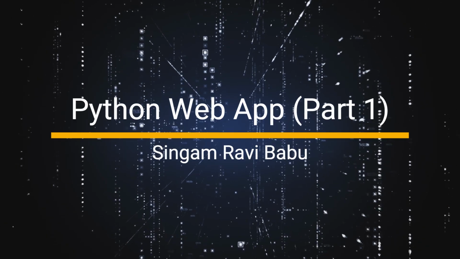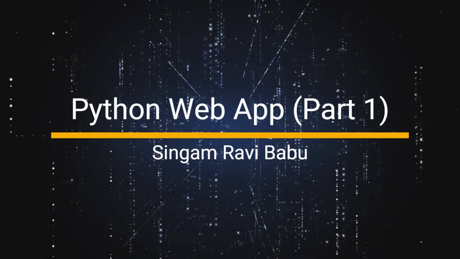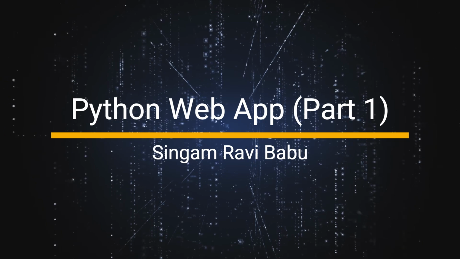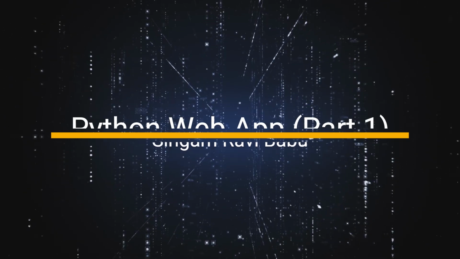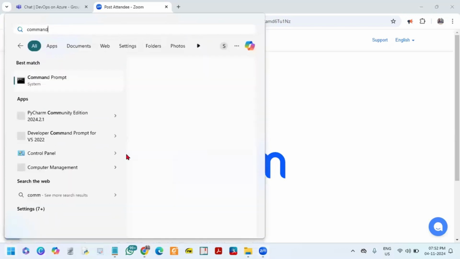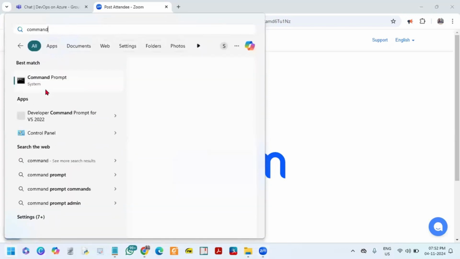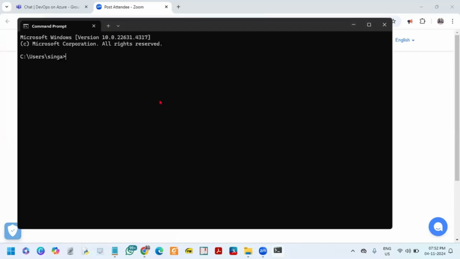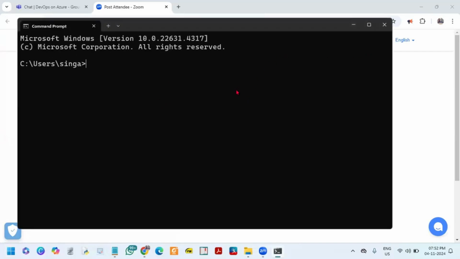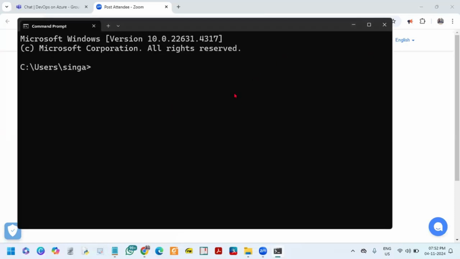So if you are new to this class, just remember you should have Python installed on your PC. Then go to command prompt. So go to start button and type command. Okay, you see command prompt here. Go to command prompt. And here in the command prompt, since you already have Python installed on your PC, type pip install